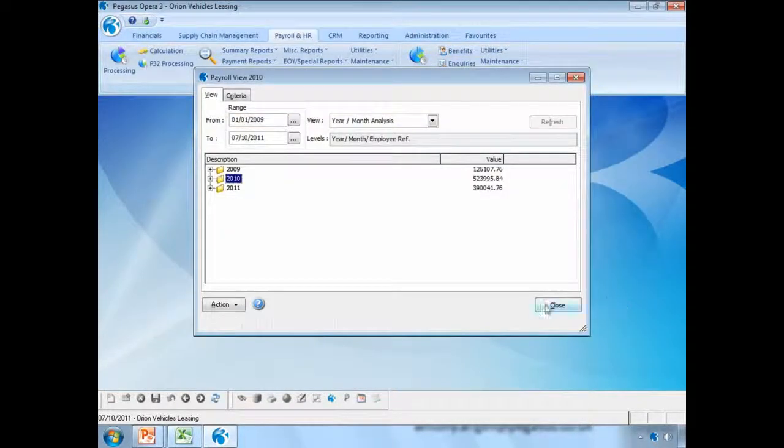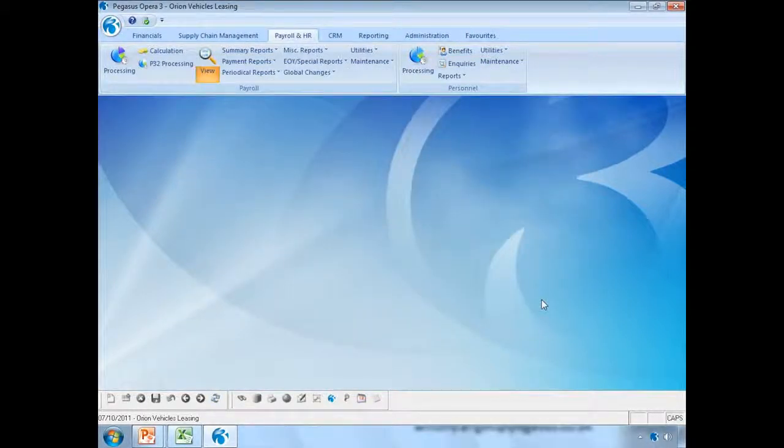Okay, let's close this down. Included as part of the payroll program is HR. Within this system, it allows us to go through and enter personnel information. So if we look in the processing,